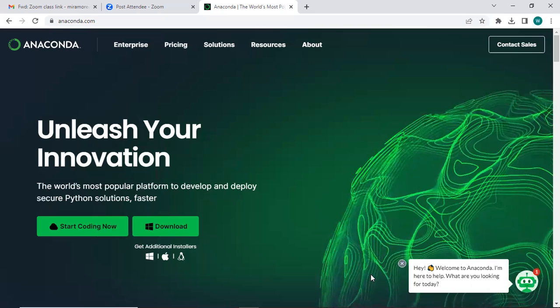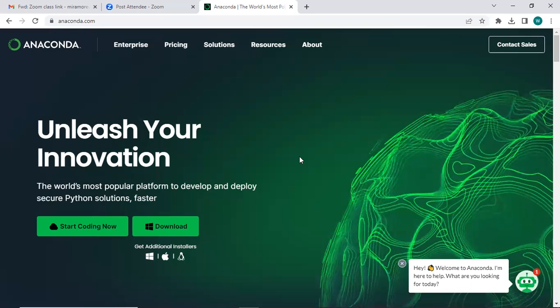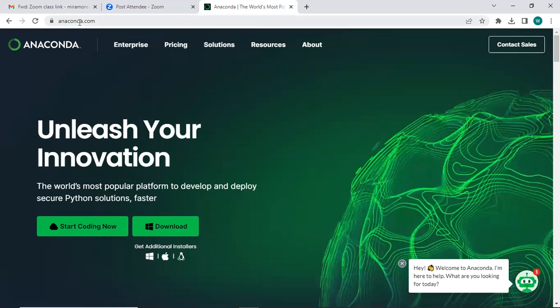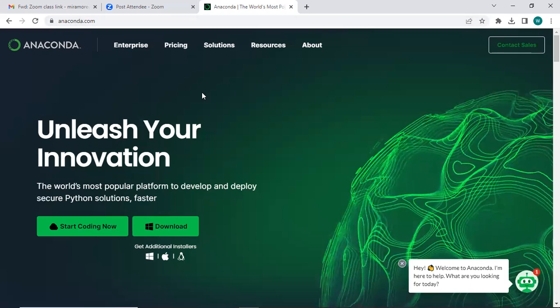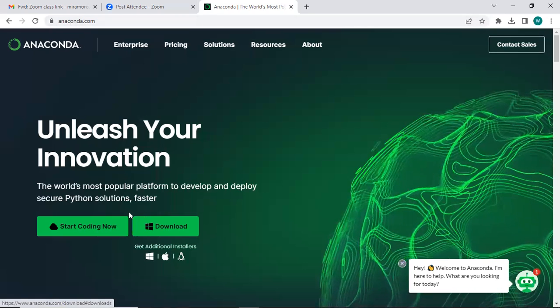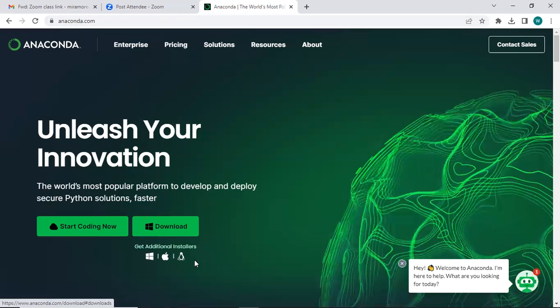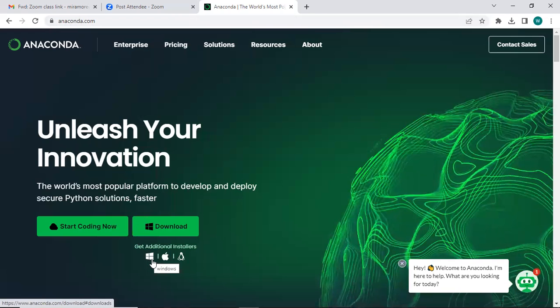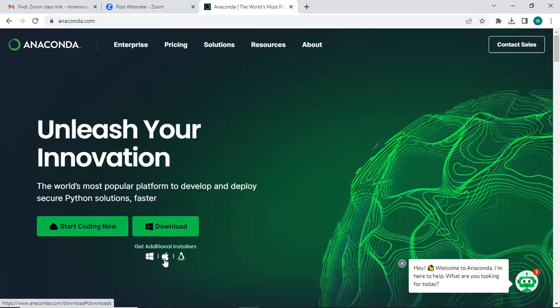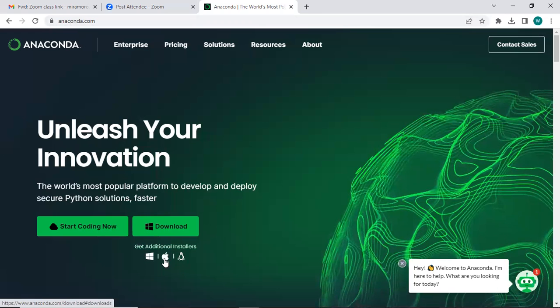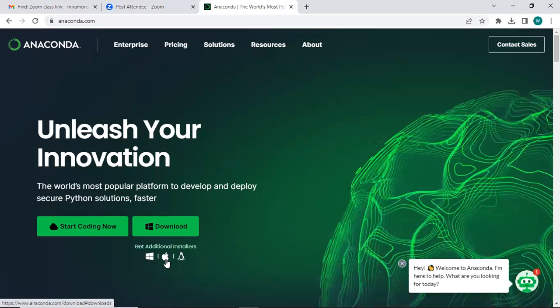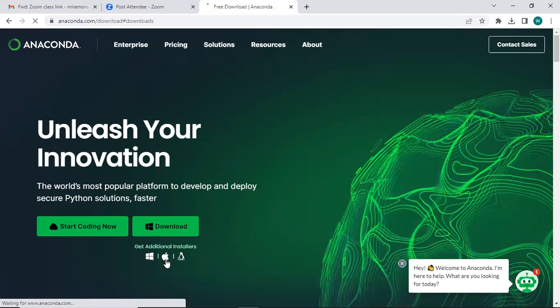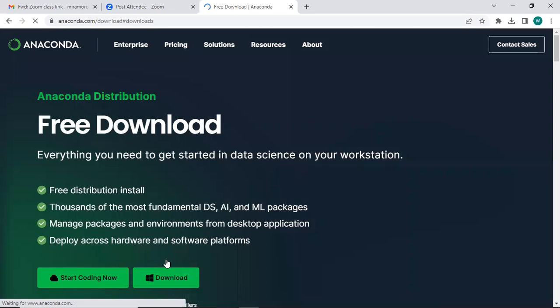Good. Now, to download using the distribution method, go to your web browser and type in anaconda.com. When this site opens, come down, you will see these options. Do you want to download your Python for Windows? This is the Windows icon. Or for Mac, this is the Mac icon. Or for Linux, you can see everything there. So if it's for Windows, I will click on Windows, and it will load for me.